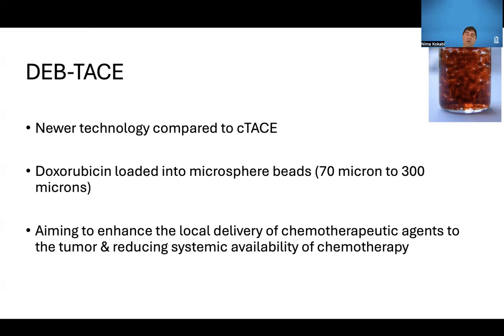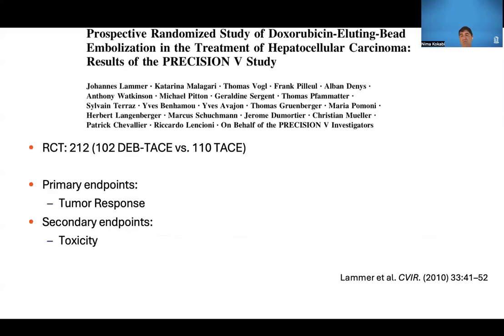mixing it with Lipiodol or emulsifying it in this liquid form, loaded in these beads that you can see here, anywhere from 70 microns to 300 microns. Multiple studies have shown smaller beads to be more efficacious compared to the larger beads. It aims to enhance local delivery of chemotherapeutic agent while reducing systemic availability of the chemotherapy compared to conventional TACE. The PRECISION V study was an important study that actually showed that